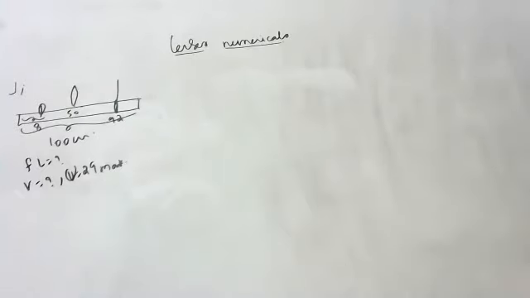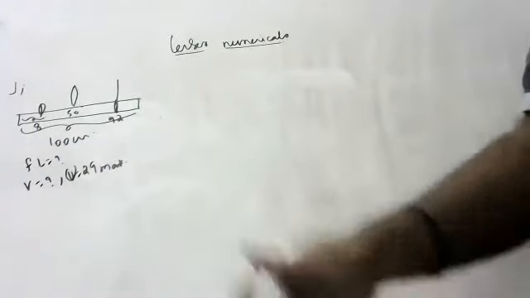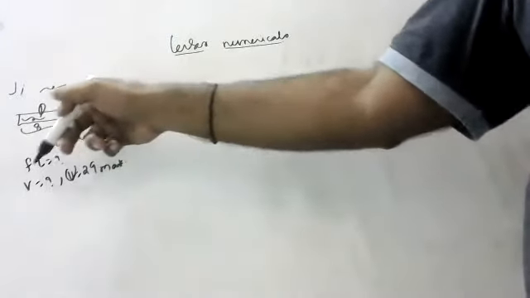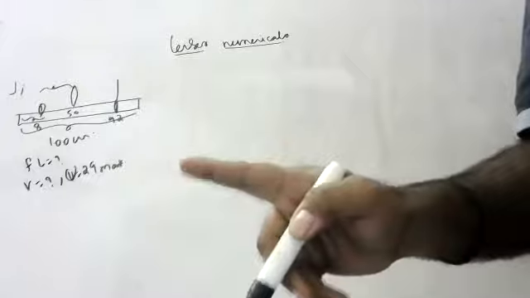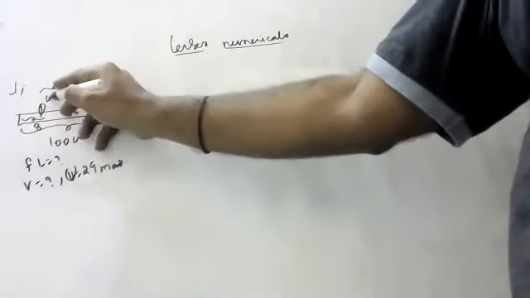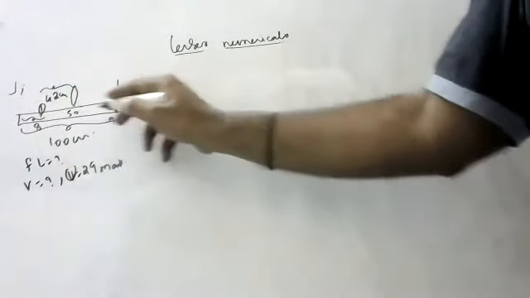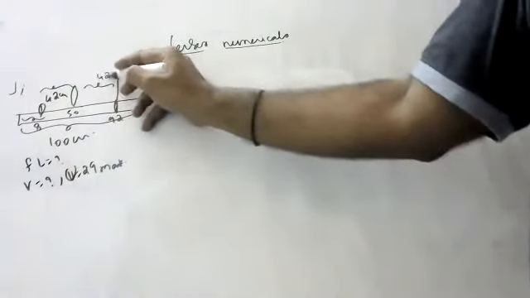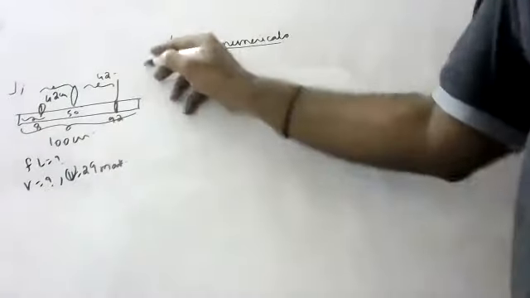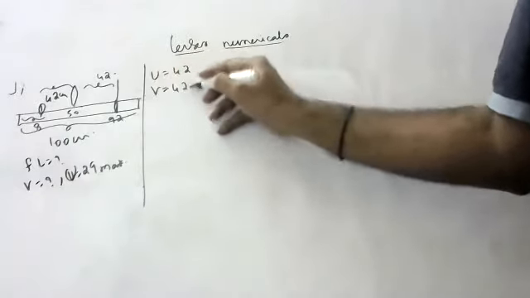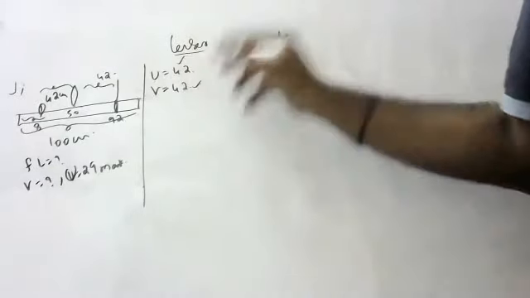So this question, children, the first one is very easy. So you should have knowledge of ray diagrams. See here, the distance between the lens and object is 50 minus 8, which is 42 centimeter. And the image is forming on the screen, 92 minus 50 is 42 centimeter. So object distance is 42, image distance is 42.